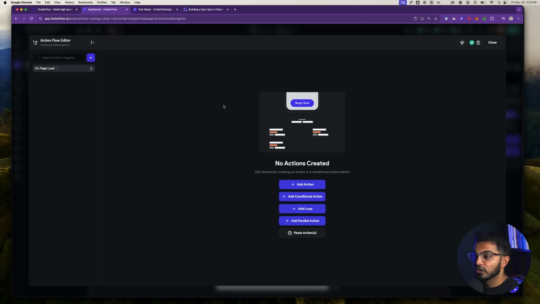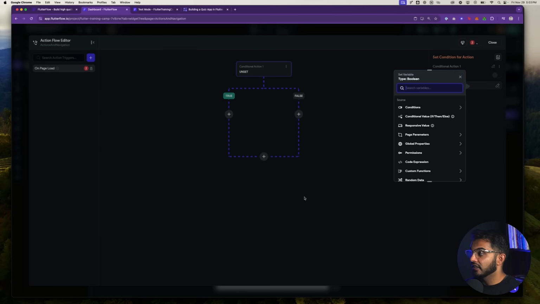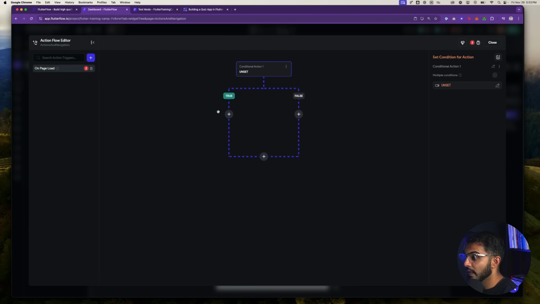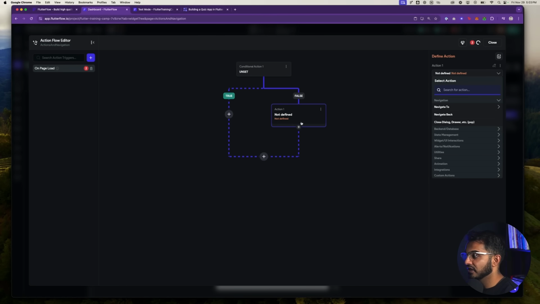We'll dive deeper into conditionals later, but essentially you could run a check on page load. A check just means like, hey, let's make sure that this piece of data is what I think it is or what I want it to be. Like if a user on their profile had premium, I could do, hey, is the user premium? If true, then I can let them stay on the page. And if false, I could do a navigation back or a navigation to, and I could kick them off the page.